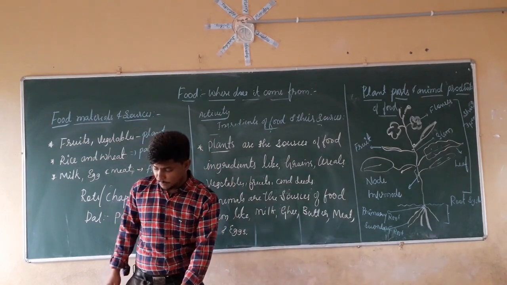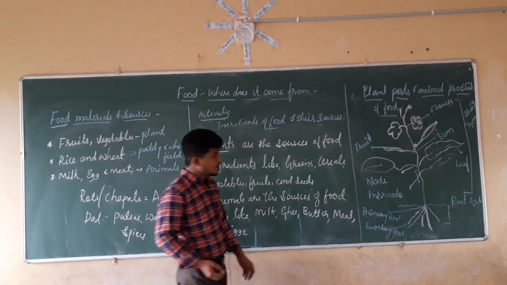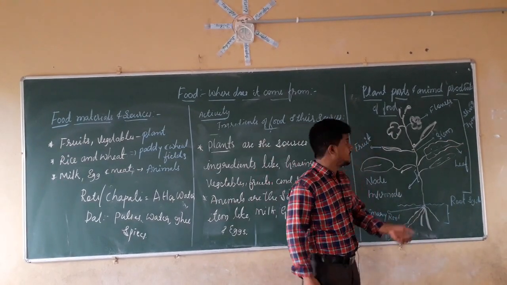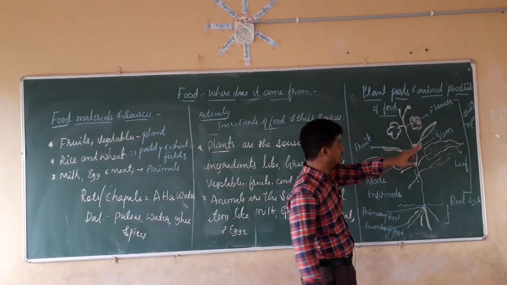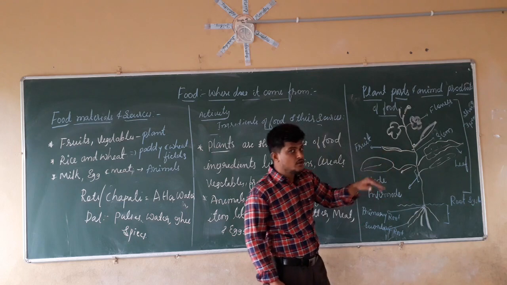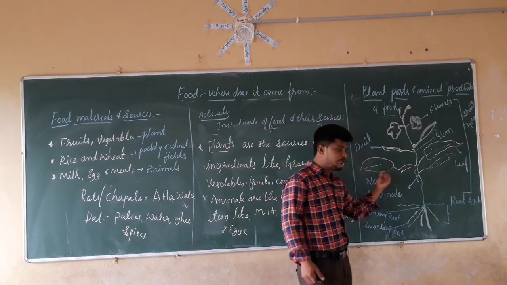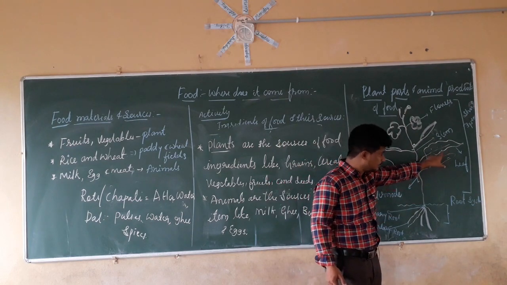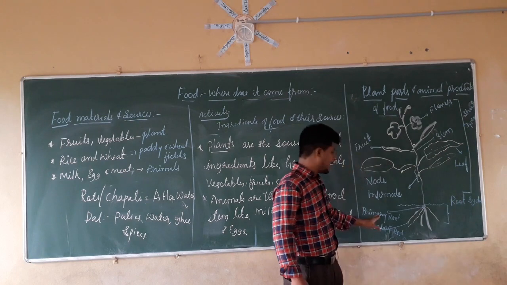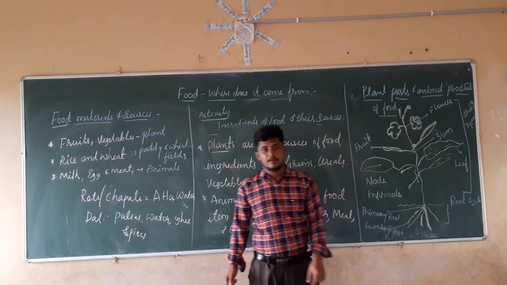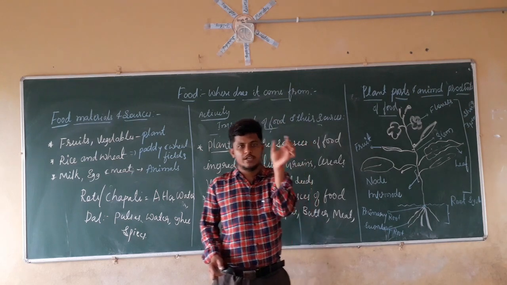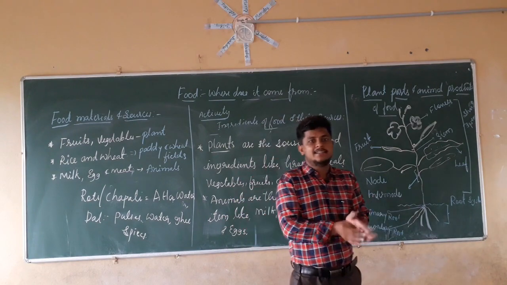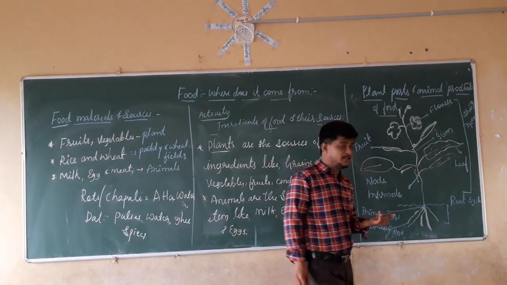For example, we are going to take the plants. Now it is a general diagram of a plant, right? In the plant we have a flower, we have a fruit. Inside that fruit we have seeds. We have leaves, nodes, and internodes. This is the leaf and this is the root system. We have a primary root and a secondary root. The primary root is the main root which goes inside the earth, and the secondary roots are the roots which branch beneath the earth.